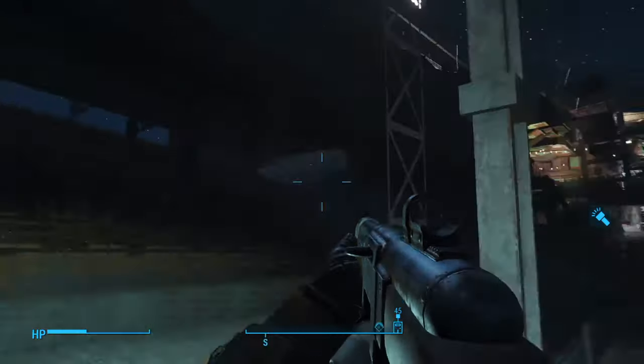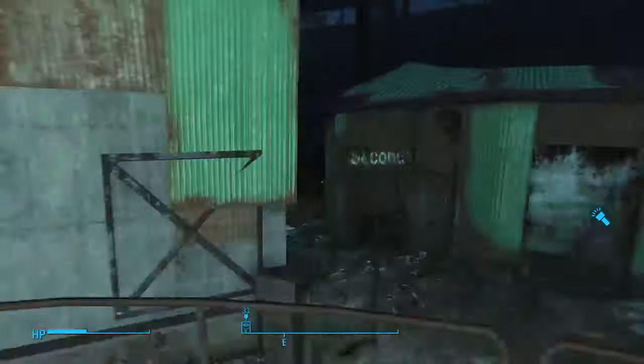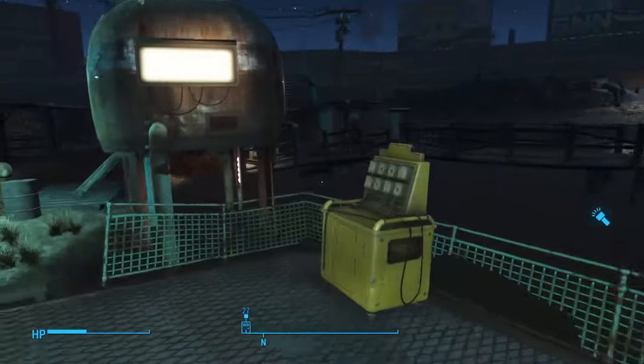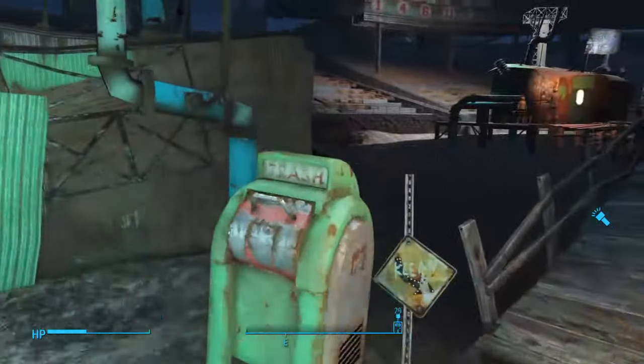Warehouse. Screw that. You're leading the Minutemen. Good for you. Great cause. I am the leader of the Minutemen. Dr. Sun's house. Sun, Soon, Doc Crocker's house. I guess because, you know, you gotta have choices. Gotta get a second opinion. Kind of a weird arrangement for Diamond City. Like, I get it. You're trying to make it look all, you know, derpy and...